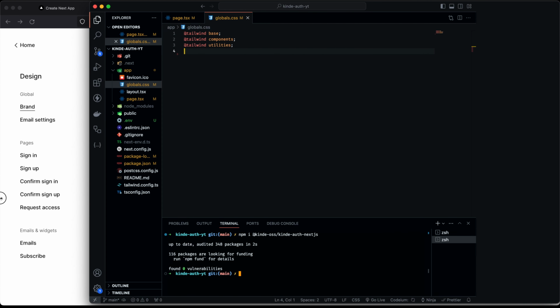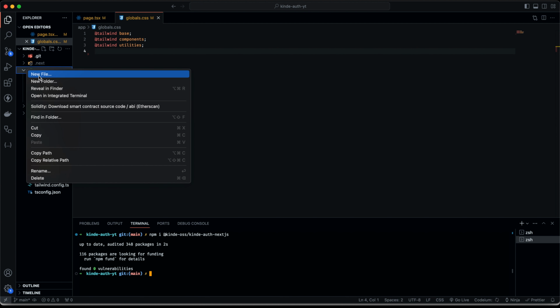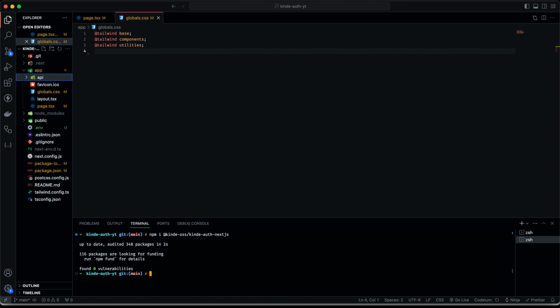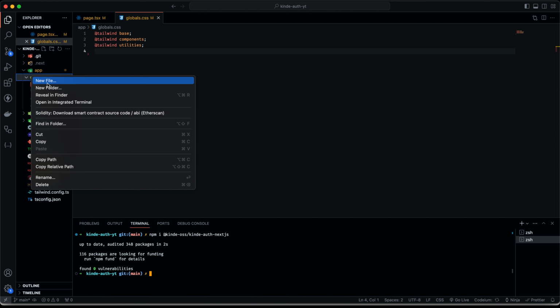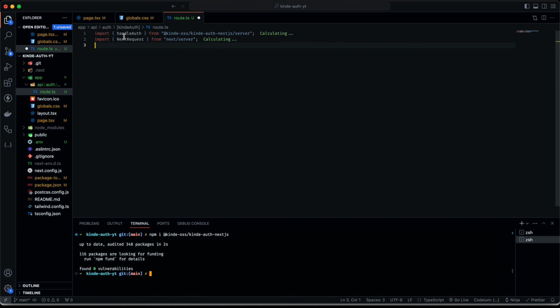So if I go back to my Next.js application, in here now what we'll have to do is, under app, we'll have to create a new folder called api, and inside this we'll have to create a new folder again called auth, and again inside auth we'll have to create a folder called, in brackets, kindeAuth. So now here we can create a file called route.ts. We can import handleAuth from Kinde and NextRequest from next/server, and from there we can